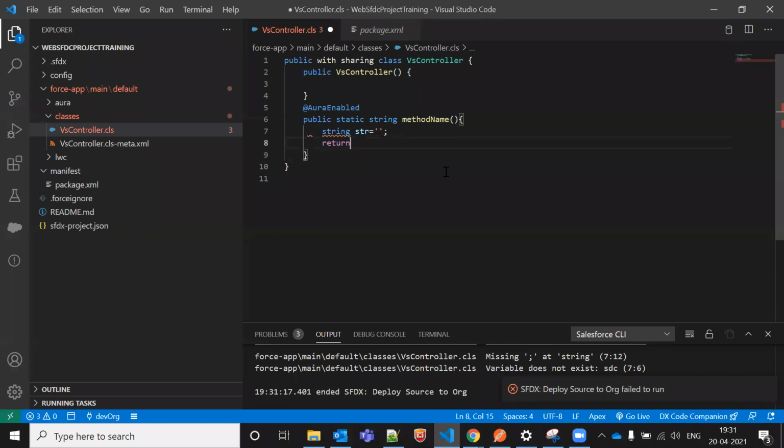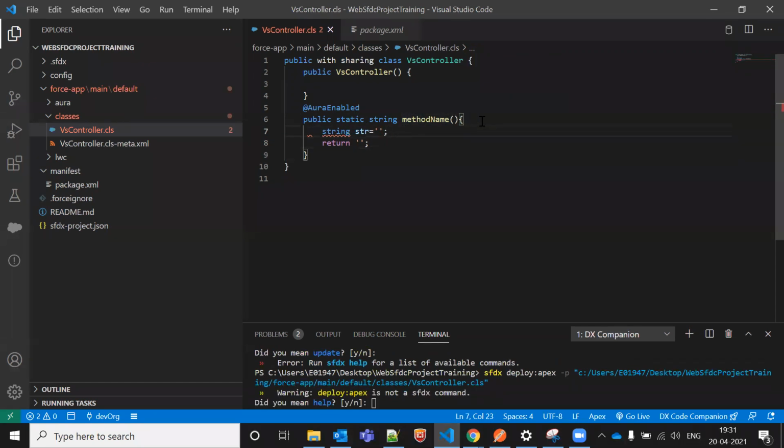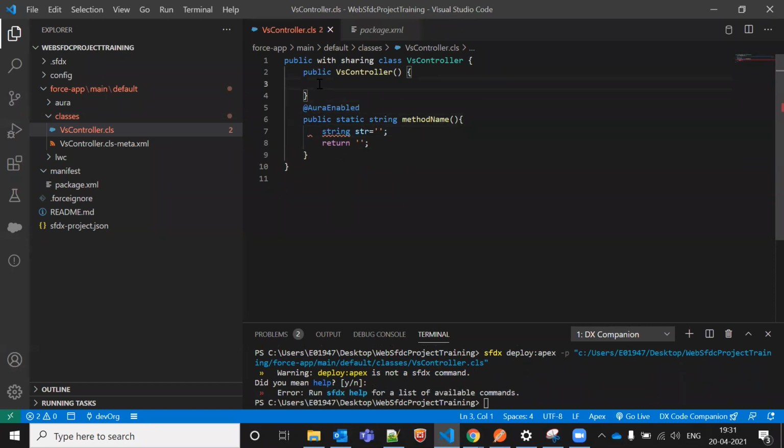This is related to Salesforce, and we can say this is VS Code. How can we deploy the things? How can we create the things? Okay, similarly, we have VS Code. VS Code is used for your LWC side, but apart from LWC, there are lots of things you can do, like coding. Same way, VS Code is also used for deployment purposes.